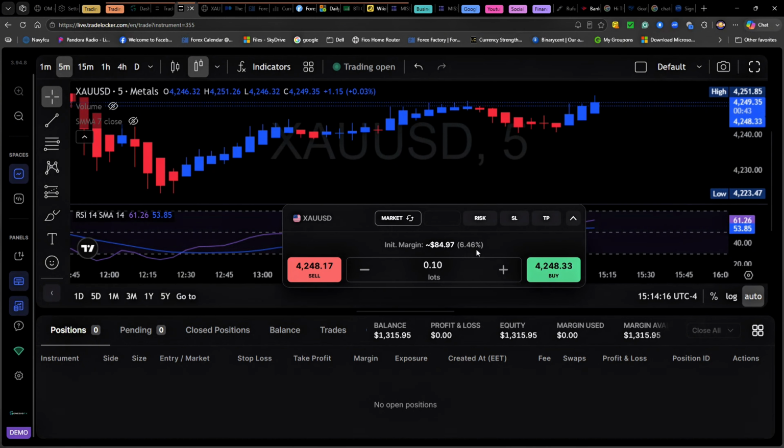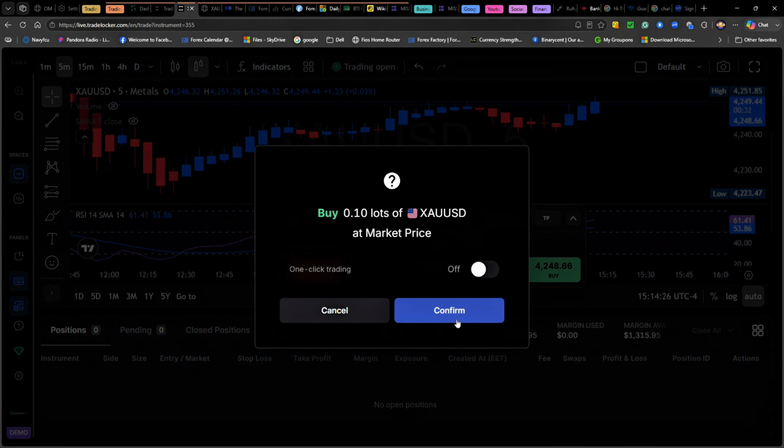6.46% of the balance in my account. And like I said, I don't want to risk no more than 1 to 3%. Just because I could, don't mean I should. I'm going to take this trade for a buy, doing no analysis, and then I'm going to confirm that I'm going to buy for 0.10 lot size, XAU USD, market price, market execution, and I'm going to leave one click